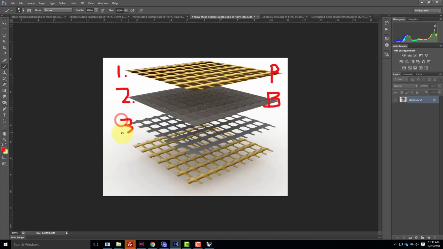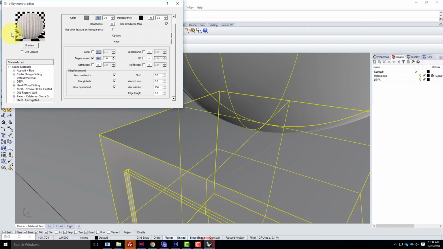This one, the third one, instead of the displacement map, we're doing a transparency map. It's allowing parts of the image to become transparent, which then ultimately, when we put it together, becomes a mesh. So we can see through this particular piece of object. So just like with the other black and white of the displacement, this time black and white are going to represent solid and transparent. So if I were to look at the options for this mesh,